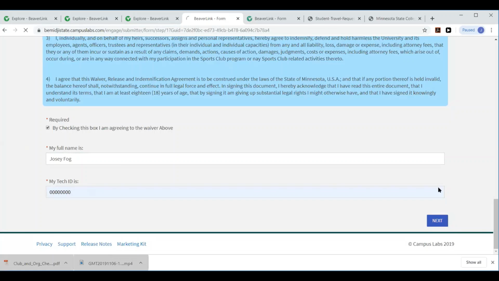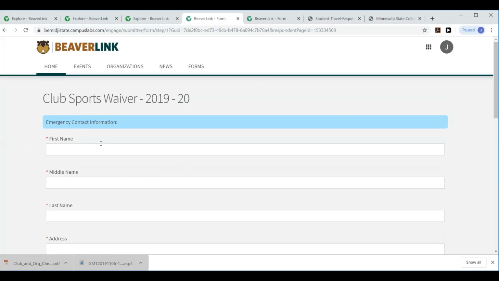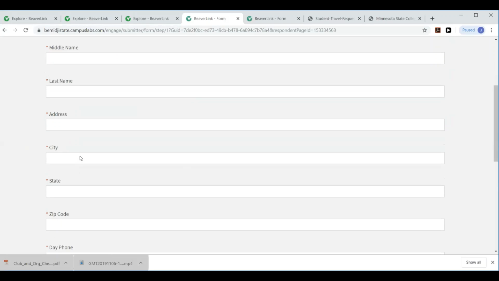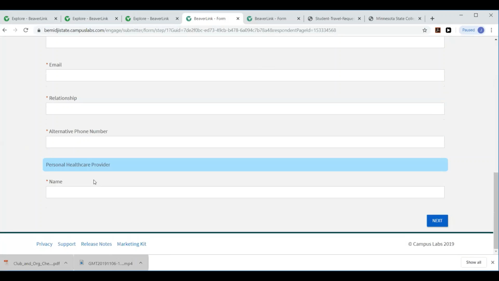On the next page is going to be emergency contact information. This is just if something were to happen and we needed to get a hold of somebody, we would be able to get a hold of them. And the last thing we're going to ask for is your healthcare provider. We don't need any information about that other than that you have a healthcare provider, and it's helpful for us to know who that would be. If you were to say, oh, I don't have one, we'd reach out and just check in with you about being engaged in a sport that has a possibility for injury